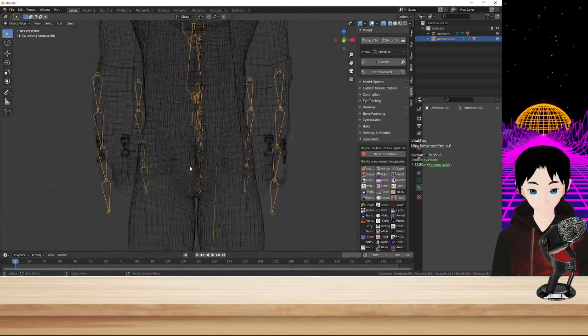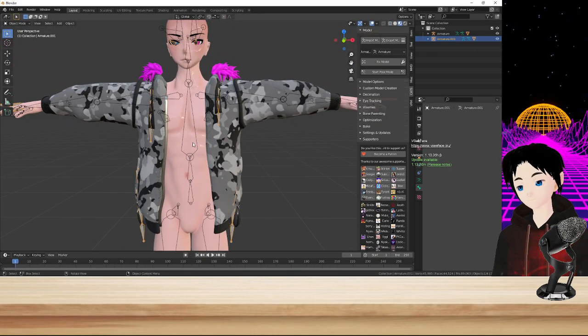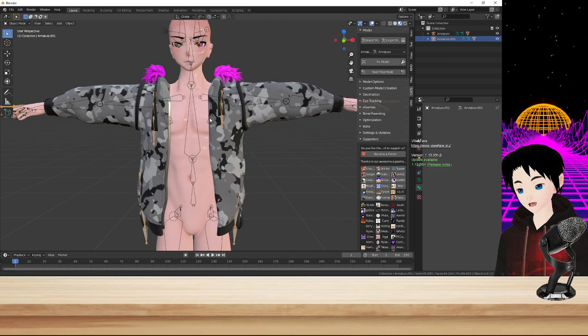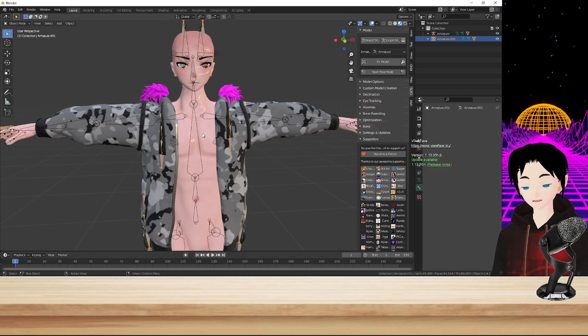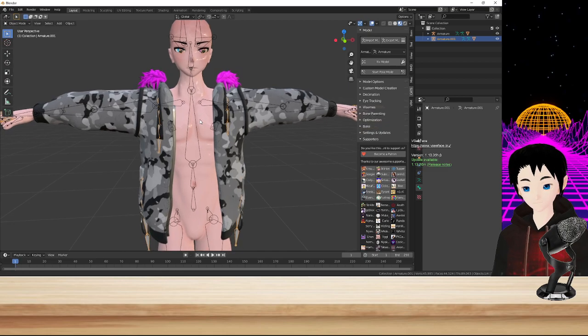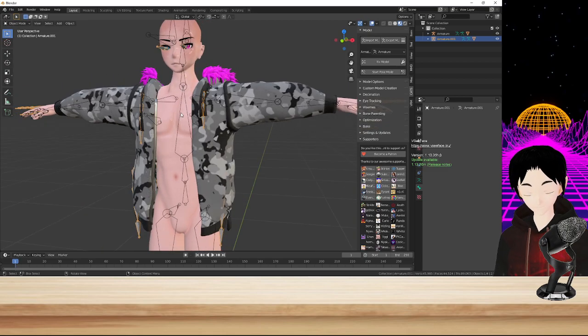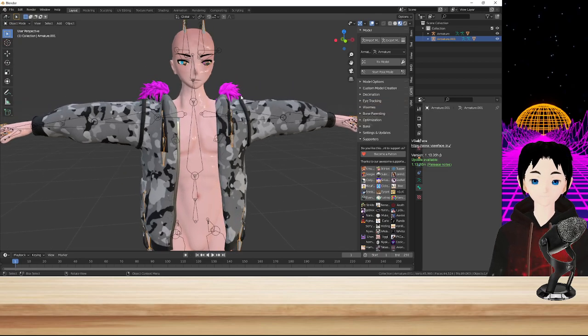Oh, it has no butt bones. Oh, that's good. Whatever model this was originally modeled over, because that's usually what people do, they'll model these things over a body, so then everything can be aligned. All right, in any case,